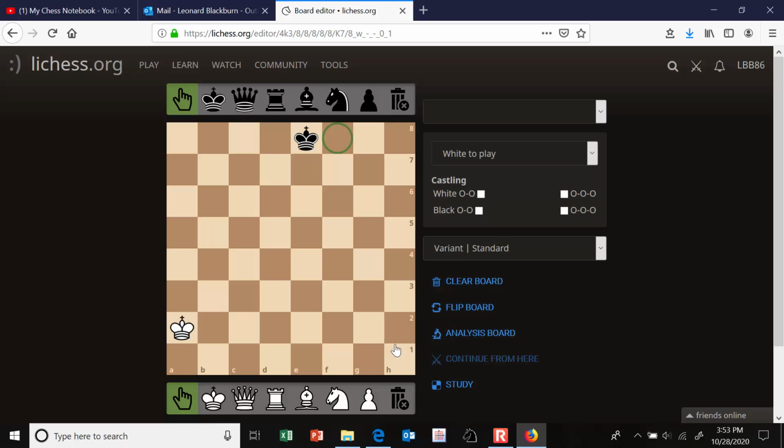Can white get the opposition? Well, he can get to the same diagonal as the black king by moving here, but that's not the opposition because there would be 1, 2, 3, 4 squares between. So if the black king goes there, then no, it doesn't look like white can get one of the simple kinds of opposition where they are in the same line, but